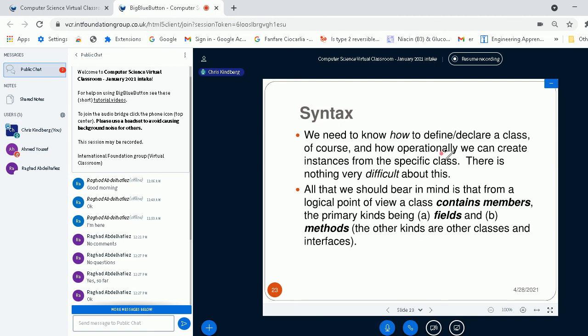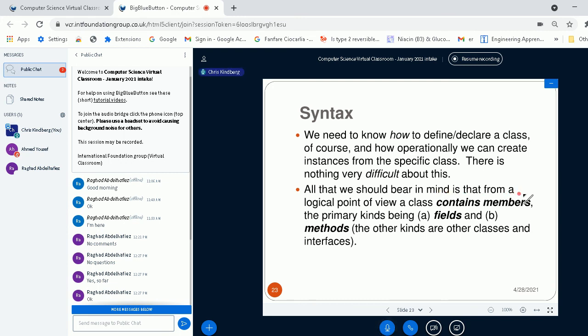We need to know how to define or declare a class, and how operationally we can create instances from the specific class. Nothing difficult about that. And all that you should bear in mind is that from a logical point of view, a class contains two different kinds of things. It's very, very simple.